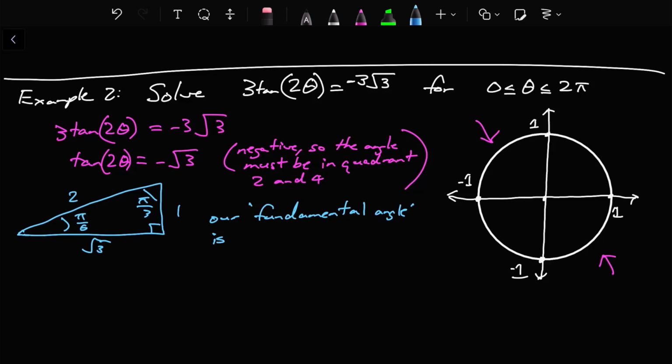It's going to be this one, pi on 3. Okay. Great. And so now we're looking for all of the angles that give us the tan value being root 3 but negative. So we're in quadrants 2 and 4. So our solutions